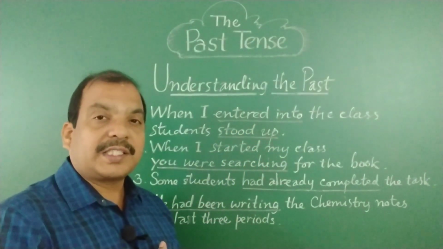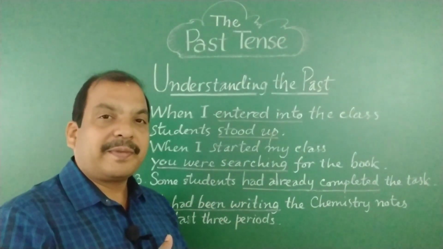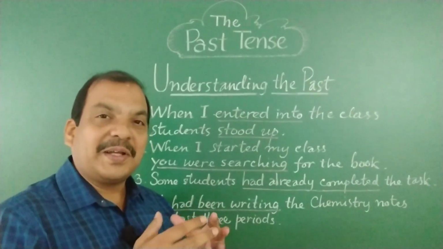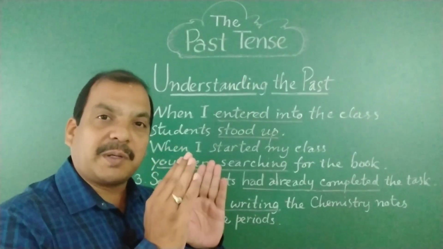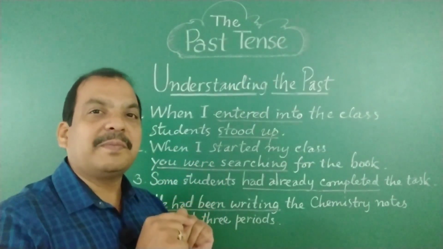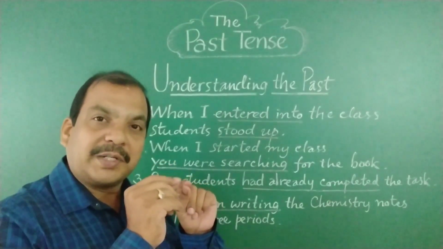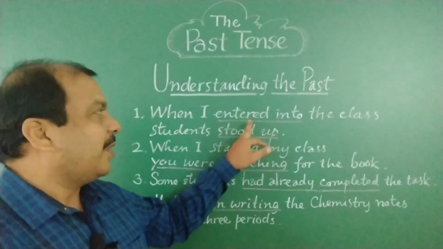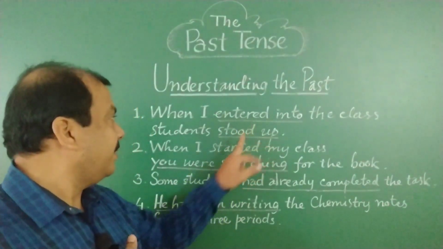Sometimes students ask me, sir, why is it simple past or past simple? My teachers told me that when the form is very simple, subject plus first form of the verb, it is present simple, and subject plus past form of the verb, V2, is past simple. Anyway, for quickly completed actions in the past, we use the past simple.